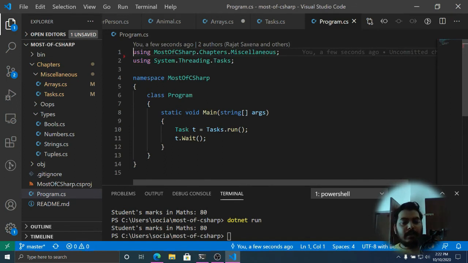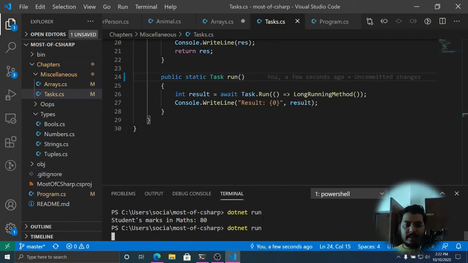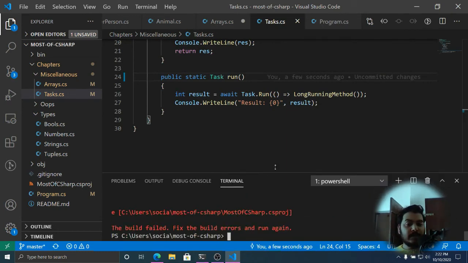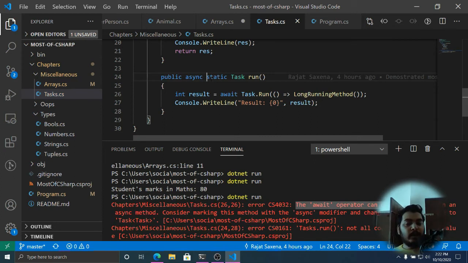Okay, task.run, and then we are also waiting, which means that first of all let's run this thing, otherwise it will create more confusion. As you can see, await operator can only be used within the async method, so we have to mark it async so that the .NET runtime can actually wait on it, and we have to mark it of type task